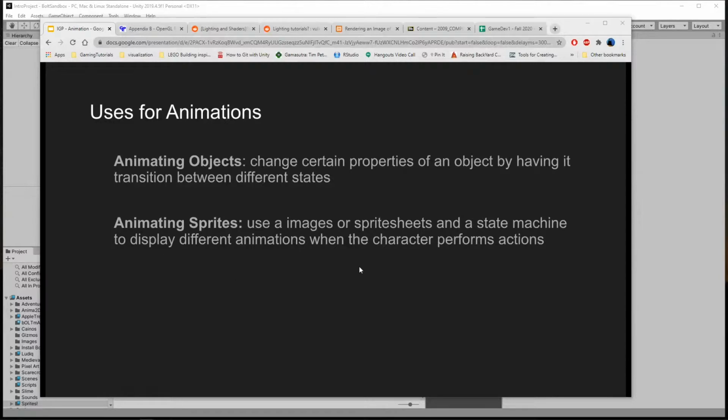So in addition to animating the display or the appearance of something using images or sprite sheets, you can also animate the properties of objects. And that could be anything. I was working with some folks in Game Dev 1 where they wanted to achieve this kind of radar effect. And I found a tutorial that used the animating of a clipping plane, which the camera uses to decide how much of the field of view can be seen at any particular moment in time, and animating those clipping planes